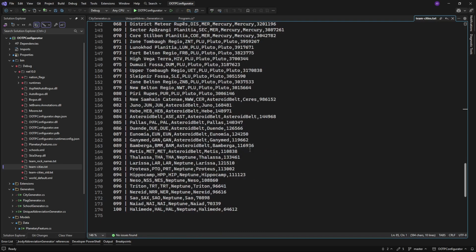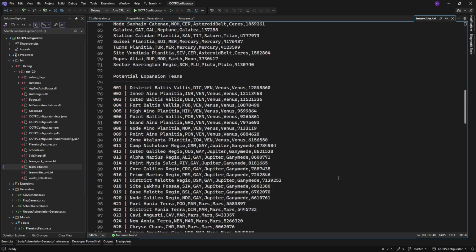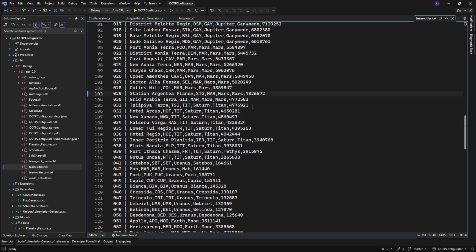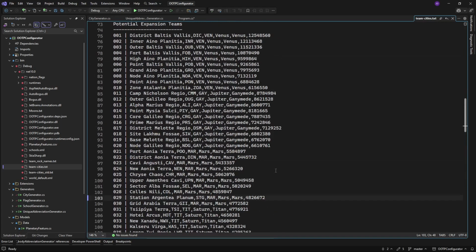Anyway, it goes through all of them. And so what this is going to let me do is, if I need an expansion team, I'm just going to roll a D100. And yes, I'm literally going to roll percentile dice, and we'll get our expansion team for the year. And that is what it is.